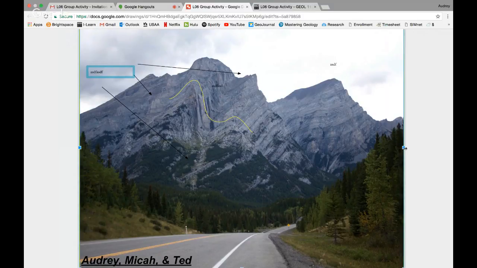It's a really pretty picture though, all the green trees and everything. Where is this taken? This obviously isn't in Utah. We don't have those colorful mountains, but